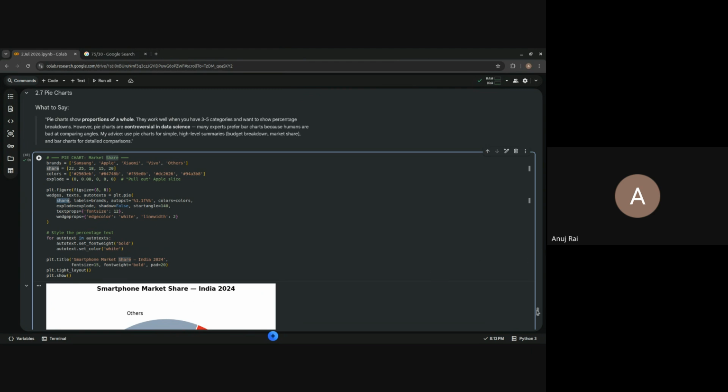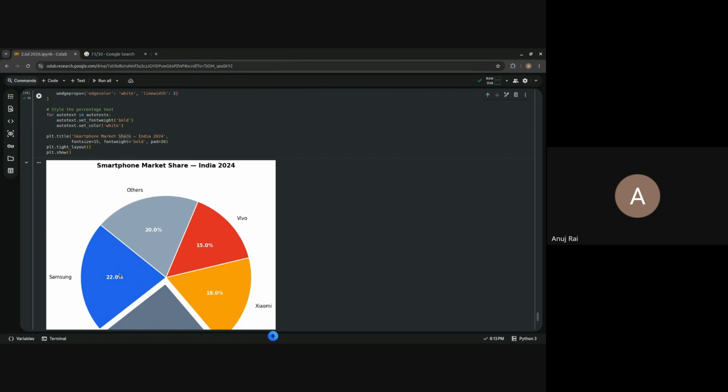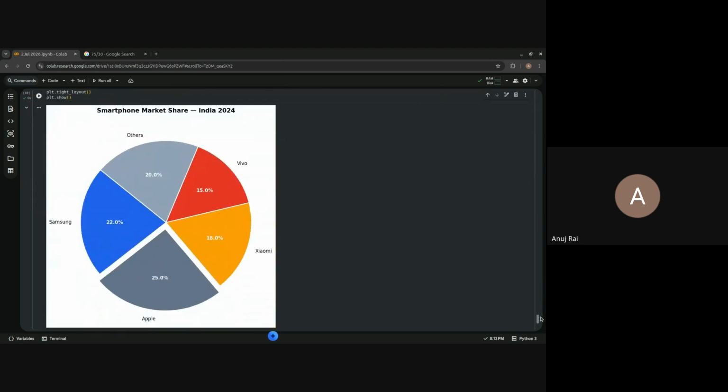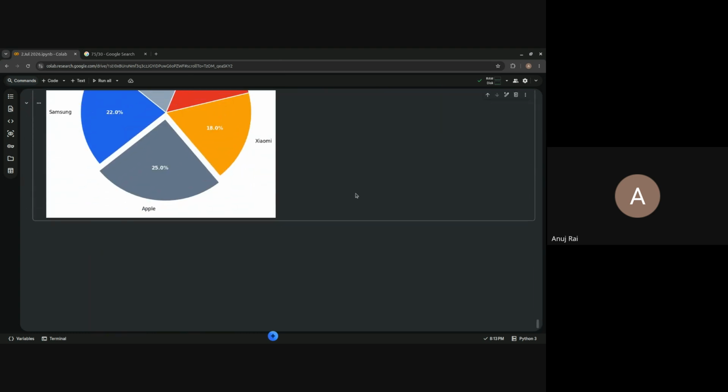So 22% share, what is label, 20% share, what is label. We are passing that share and its corresponding label, that is, in this case, it will be brand, and then we are configuring the text props and wedge props. What the wedge color should be. So in this way,